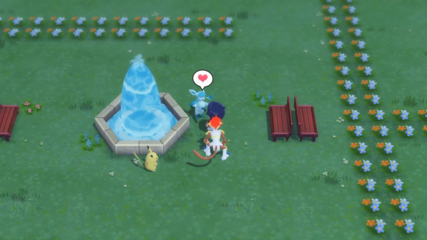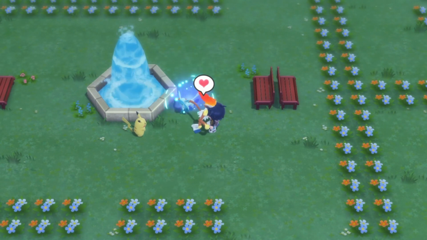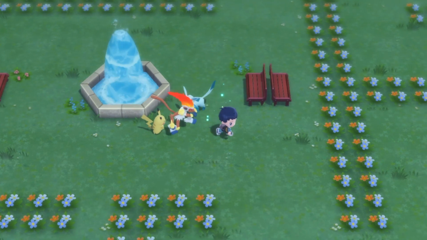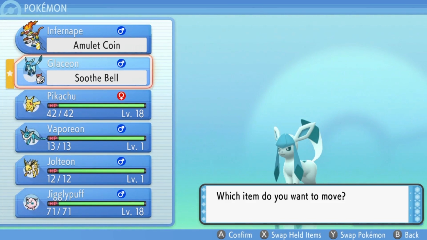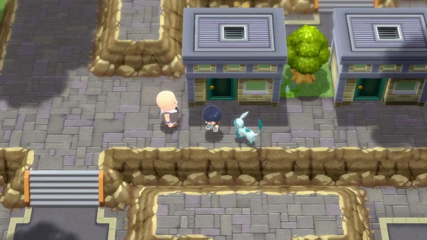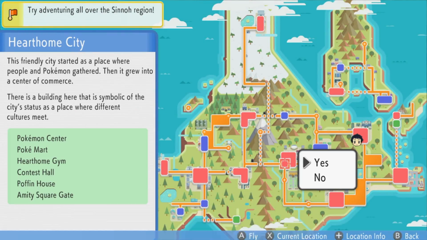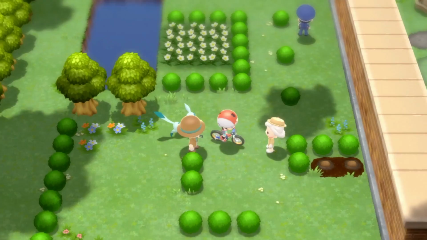But first, you need to raise their friendship levels as high as you can, because the higher their friendship, the higher your Poffin levels are going to be. So once you manage to get 6 unique ones from that list that are able to go into Amity Square Park, you can start raising their friendship. You can do this by putting one Soothe Bell on one of them to make one of them level up faster. Otherwise, you can go to the southern area of Hearthome City, down the route all the way to the old couple to the left of the mansion,